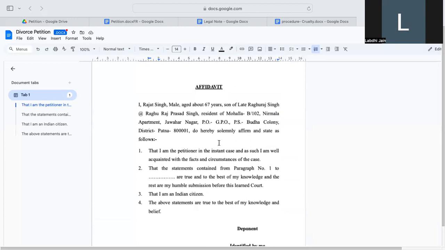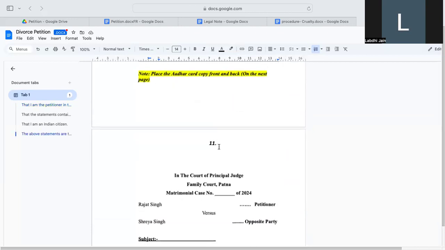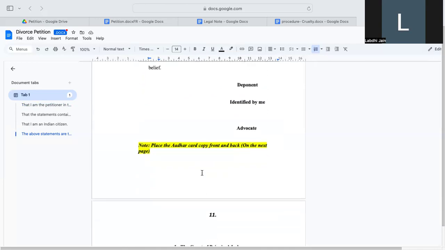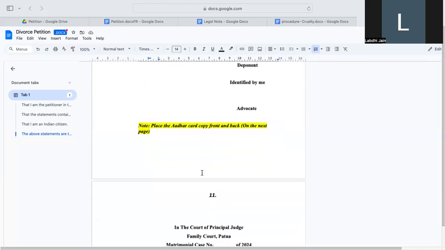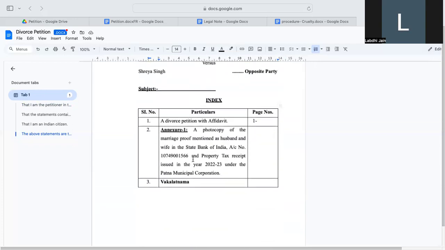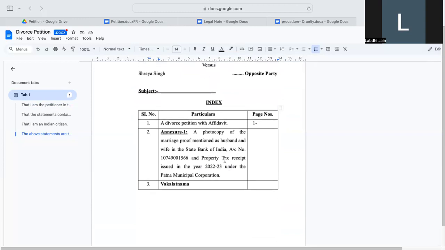Then you will also add tip number 10, I'm assuming, an affidavit, and you'll place the Aadhaar card copy front and back on the next page. So you'll add the Aadhaar card copy, and then in the last you'll add index, and you'll also here add the list of annexures which you've referred to. I've just mentioned the first annexure details. You can just get an idea from here. And then